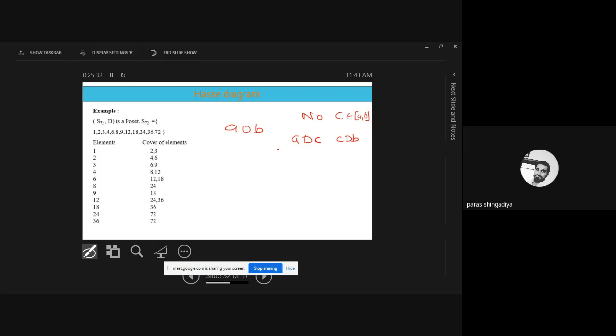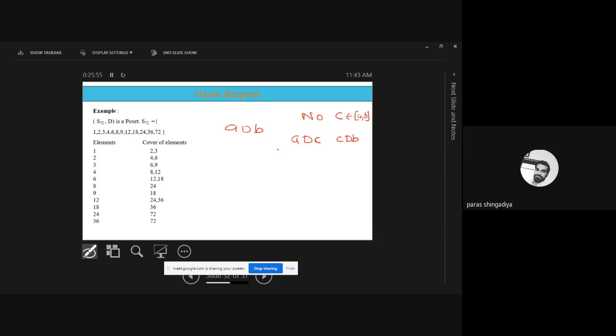ठीक है. So first is a 2. Okay, possible answer is a 2. 1 divides 2, and 1 और 2 के बीच में कोई भी third entry नहीं है, which we can consider as a C. So 2 is the answer. After 2 it is a 3. 3 is also an answer. There is no relation of 2 with 3. Okay, 2 divides 3, that is incorrect. So we cannot take 2 as a counter example of C.